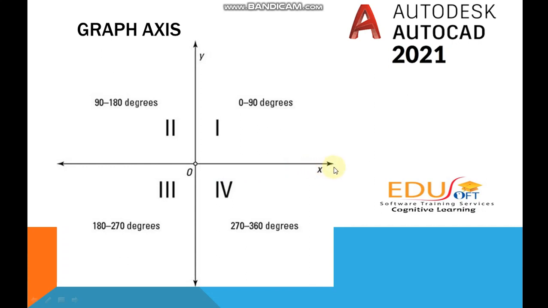And why are we starting with the x-axis as 0 degree? Because we usually measure angles in the anti-clockwise direction from the origin. So in this method also we are giving the @ symbol to make sure the active point is our origin point. Okay, let us see the next figure.